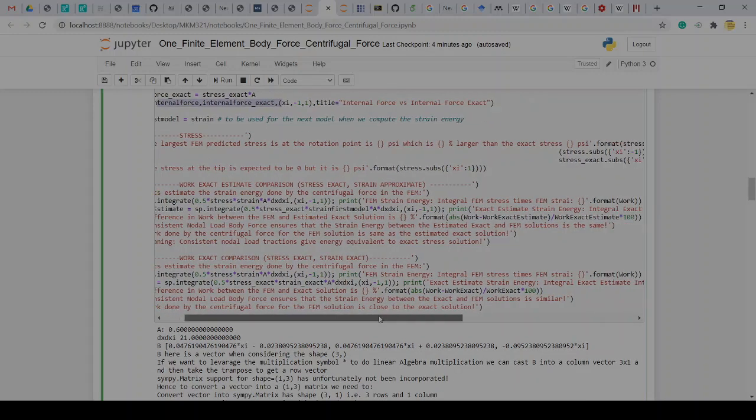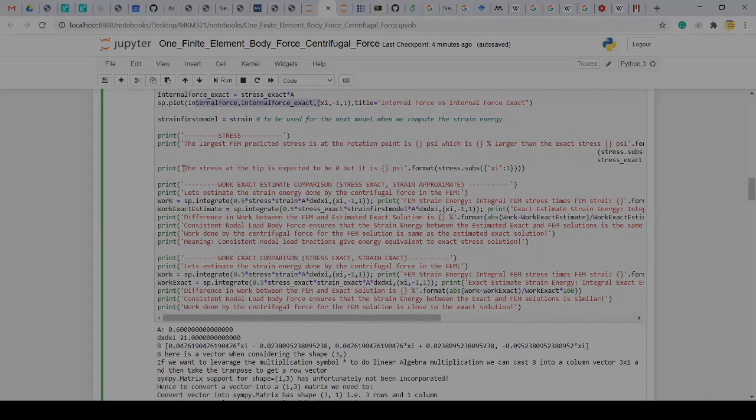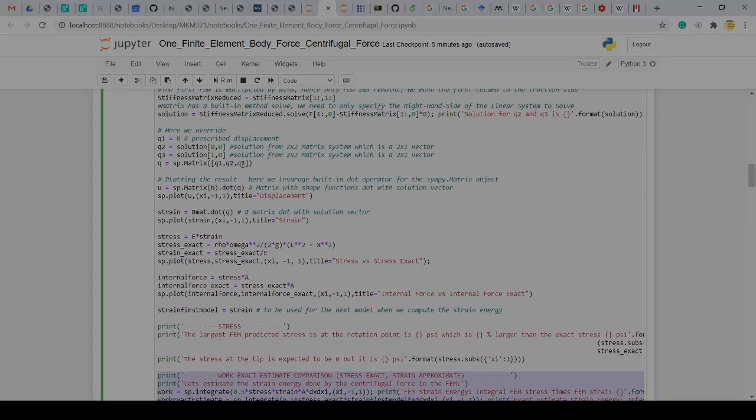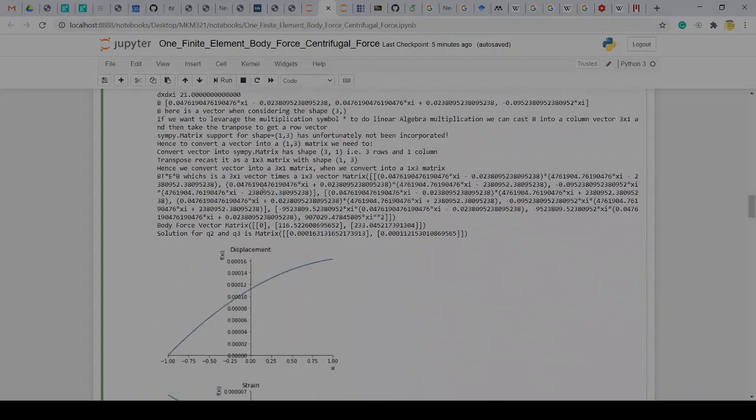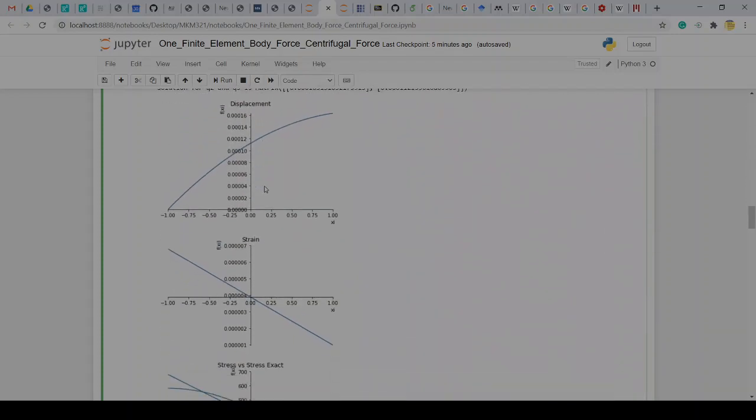Other aspects we can go and compute are related to the work, but before I get there, let's just look at the plots first, so that we first solidify this for ourselves. When we start looking at the plots, we see that the displacement looks like this. I have to first ask, does it make sense? So the displacement at psi equals -1, on the left-hand side with x equals 0, that's 0,